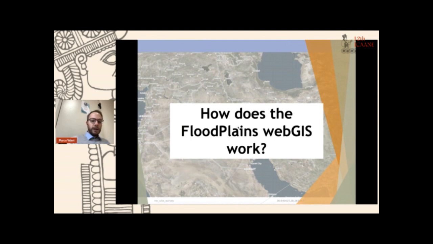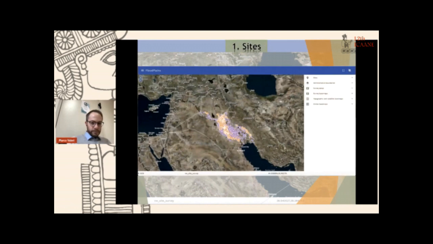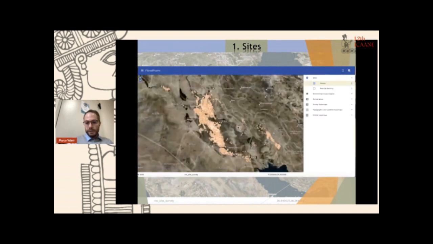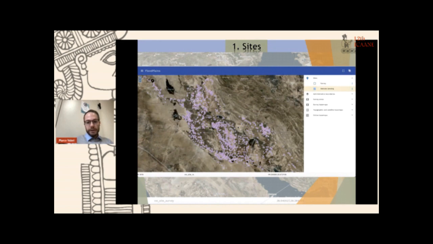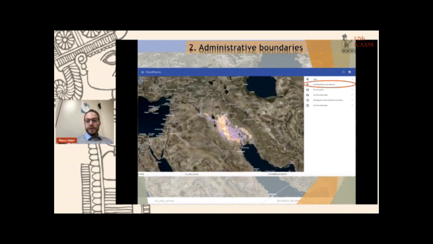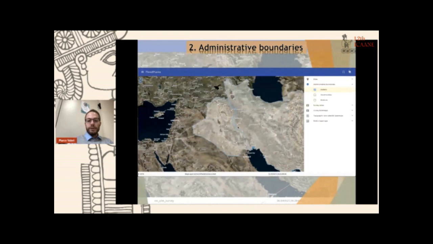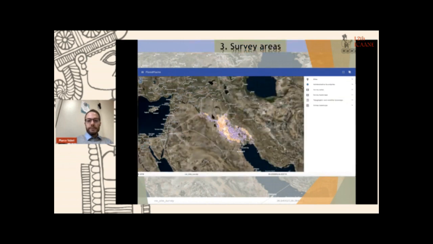So now, how does the Floodplains WebGIS work? This is the main view once you enter the site. You can choose which type of site to turn on and query. So there are the sites, survey, and remote sensing. Administrative boundaries, so you can choose nation or governorates or districts. Survey areas,